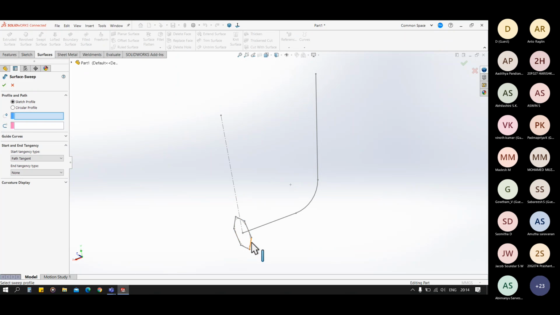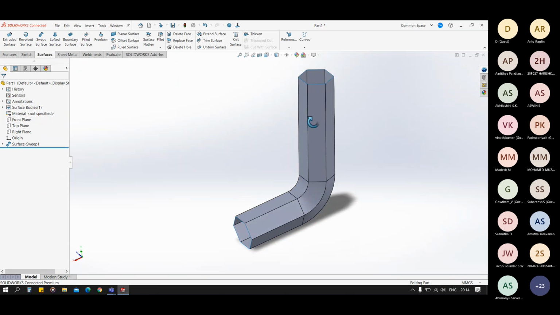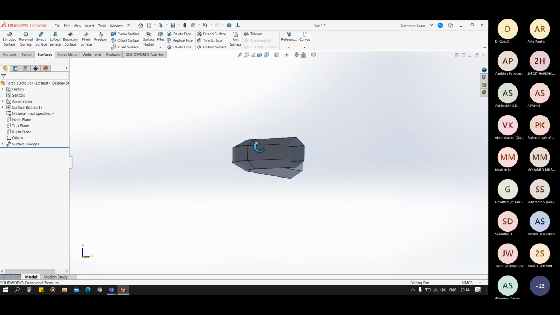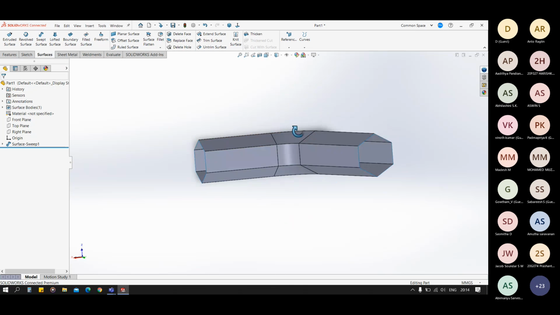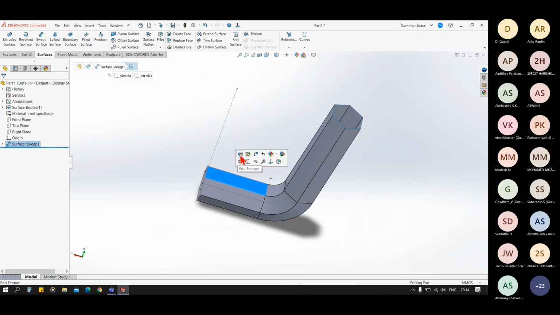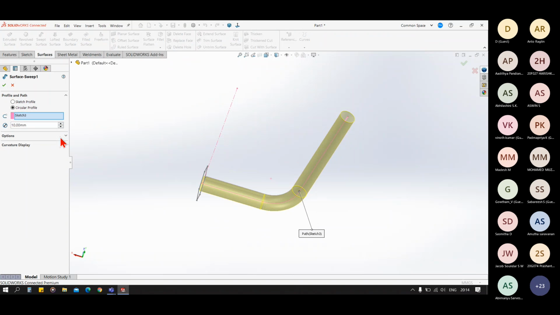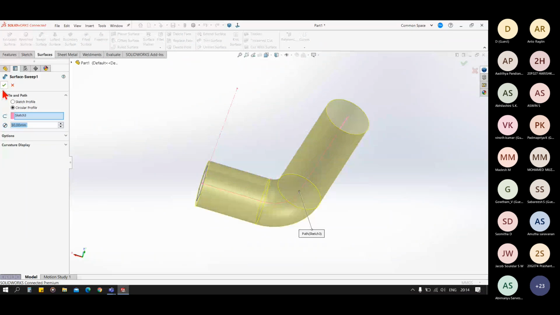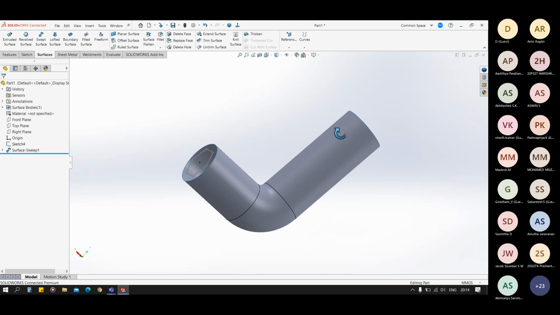Now you can see I have selected my profile and this is the path. You can see this is similar to the swept boss in the 3D. Again, you have the option for circular profile here, similar to the 3D one. You can also create a circular profile.